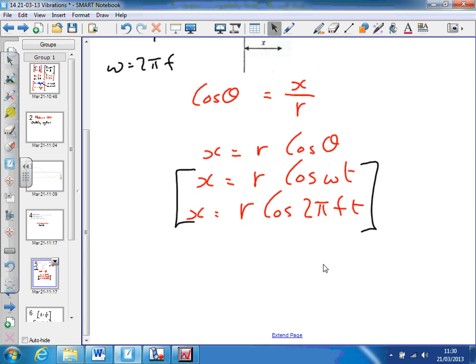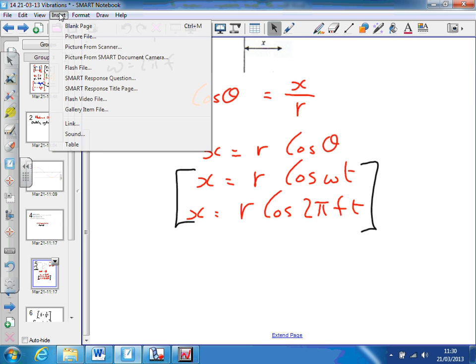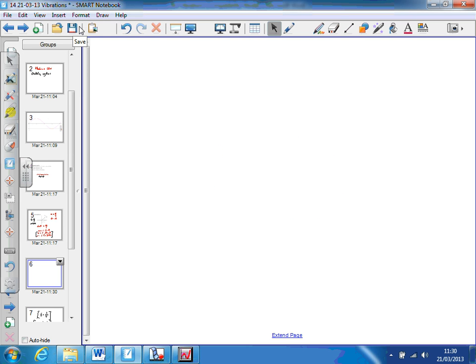Okay, now, a bit of calculus. We've got x equals r cos omega t, and I want to be able to find the velocity of this thing now. If I differentiate x with respect to t, what does that tell me? The rate of change of displacement with time is